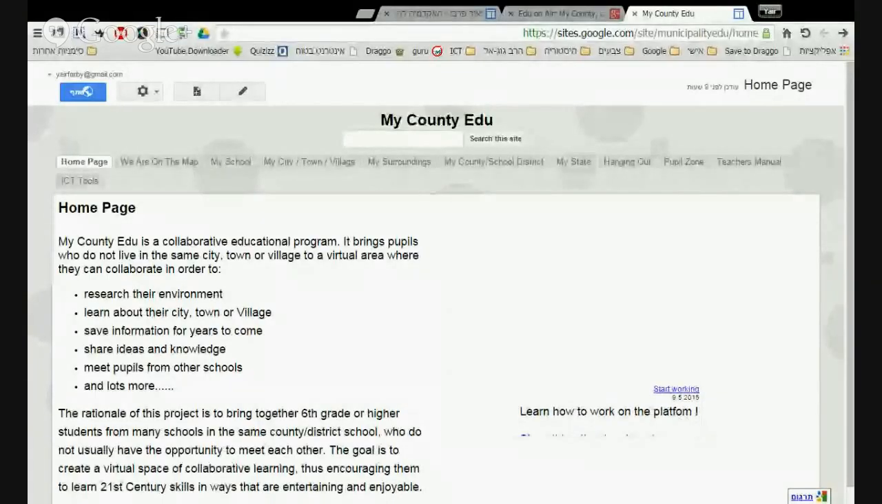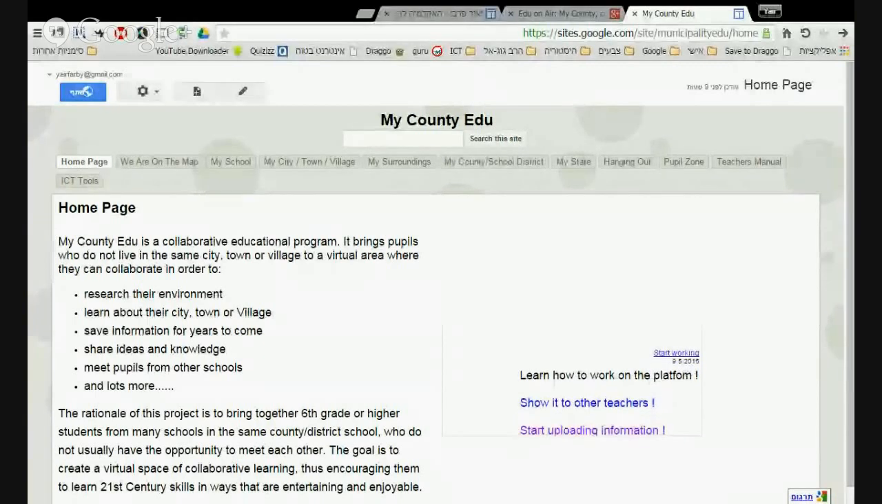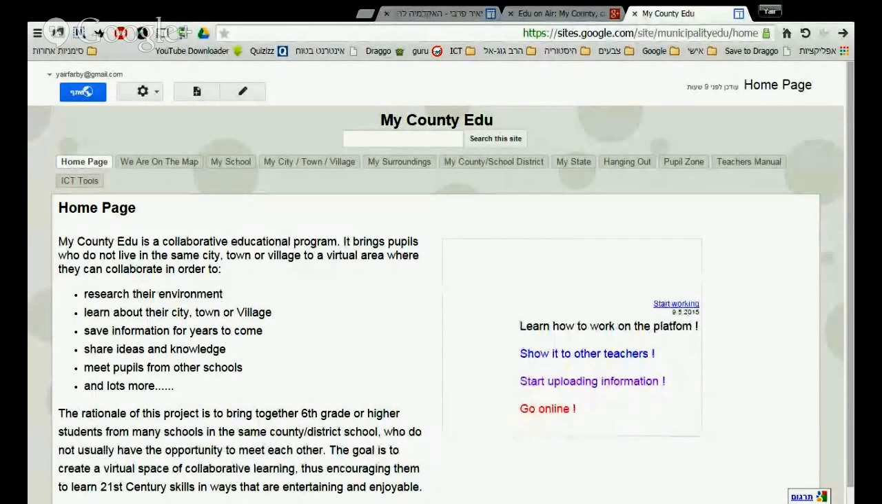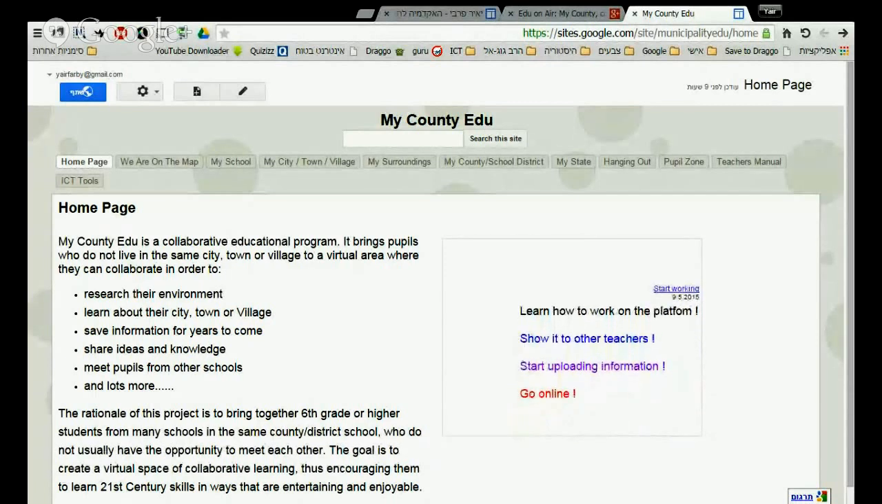And we'll start. I'll introduce what I'm going to show you this evening. I'm going to show you a learning unit which is called My County Edu. This is the website. My County Edu is a collaborative learning unit that was designed by me. I picked up the idea